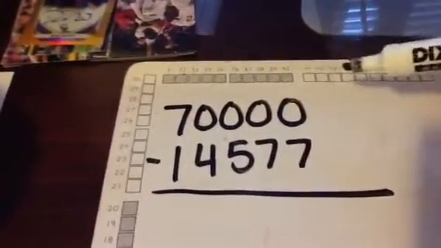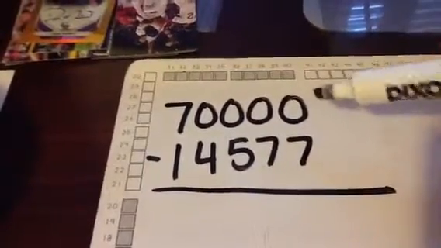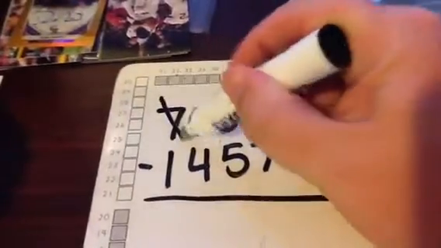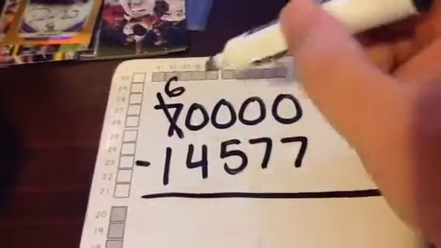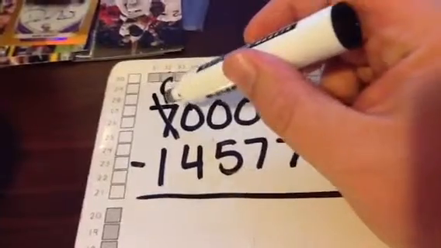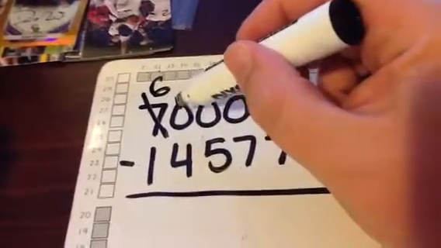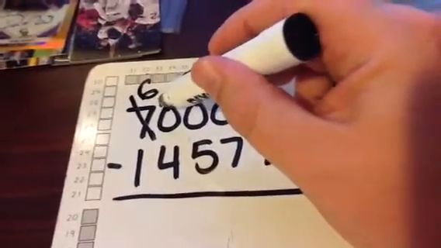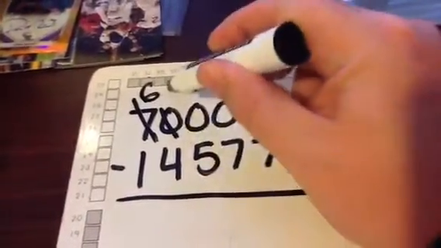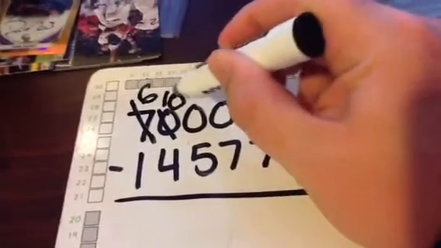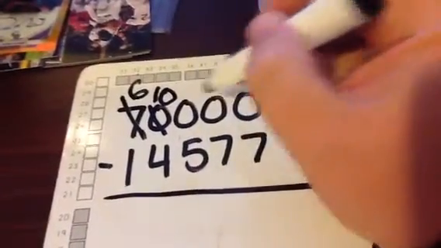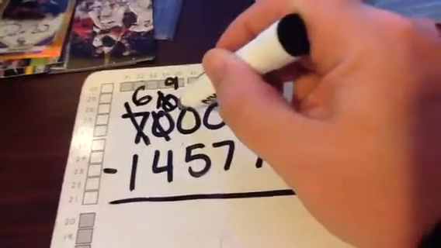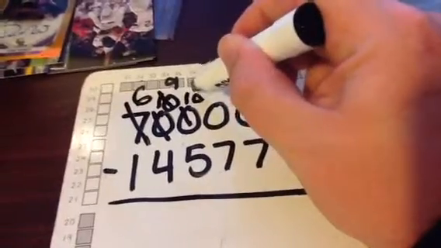So remember, in most subtraction problems, we're tempted to start out here on the right. When we're subtracting across zeros, we actually need to start on the left side and work our way back. So our 10,000 spot here is our first place value that has a number. So we're going to take the 7, reduce it by 1, make it a 6. And remember, that gets us the next spot over to a 10, but we still have to borrow all these place values. So as we go along here, we're making the middle numbers 9s actually, because we're going to take